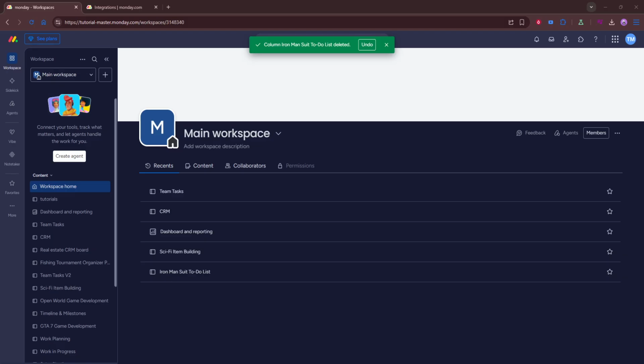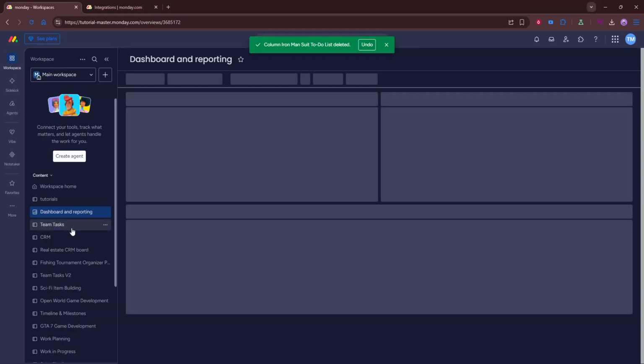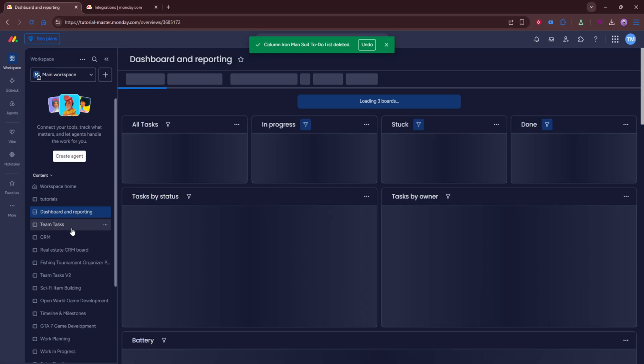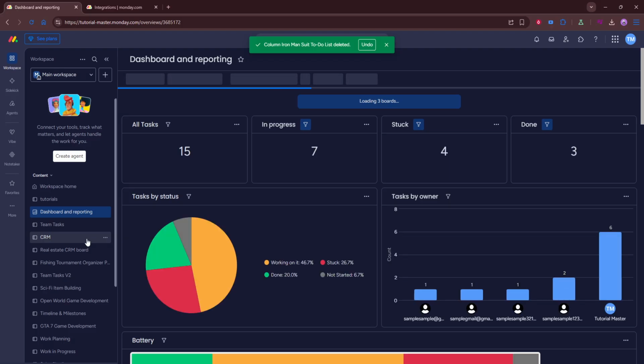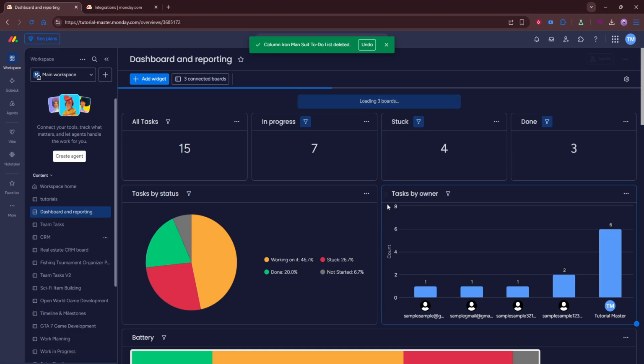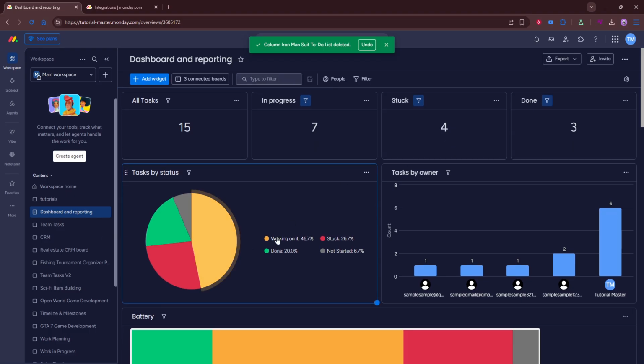Once you're inside your workspace, the goal is to either create a brand new dashboard or open one that already exists, depending on what you want to work on. If you're starting from scratch, create a new dashboard and give it a name that makes sense for the projects or teams you want to track. If you already have a dashboard in place, simply open it so you can continue building on it. Dashboards are useful because they bring information together in one place, making it easier to monitor progress, spot issues, and